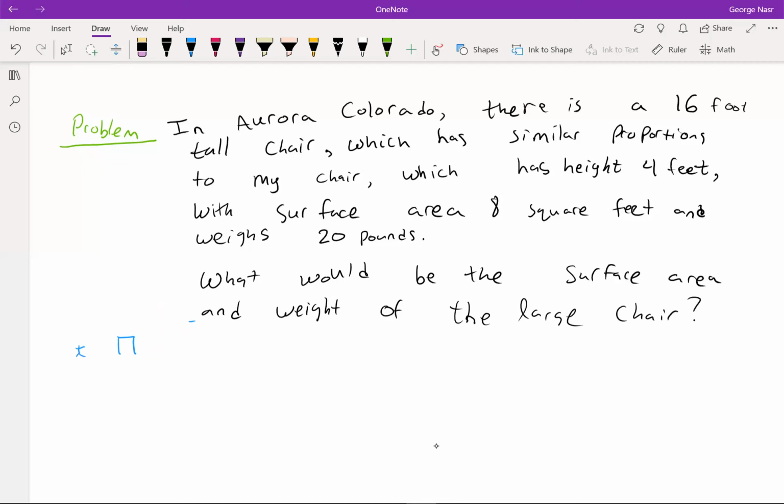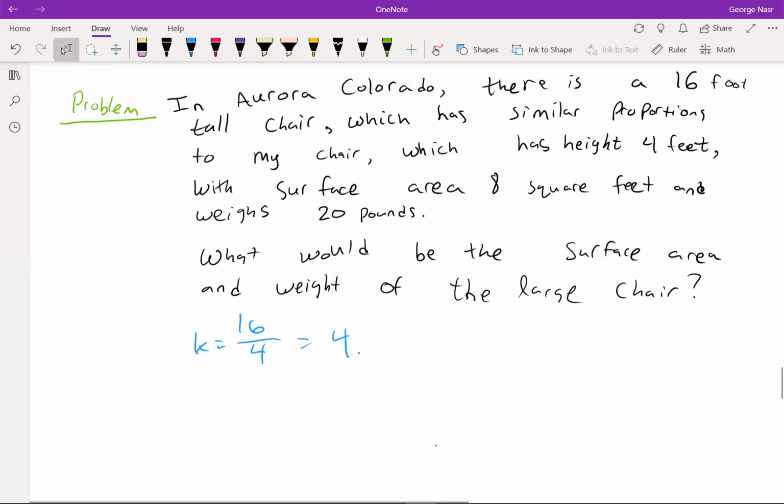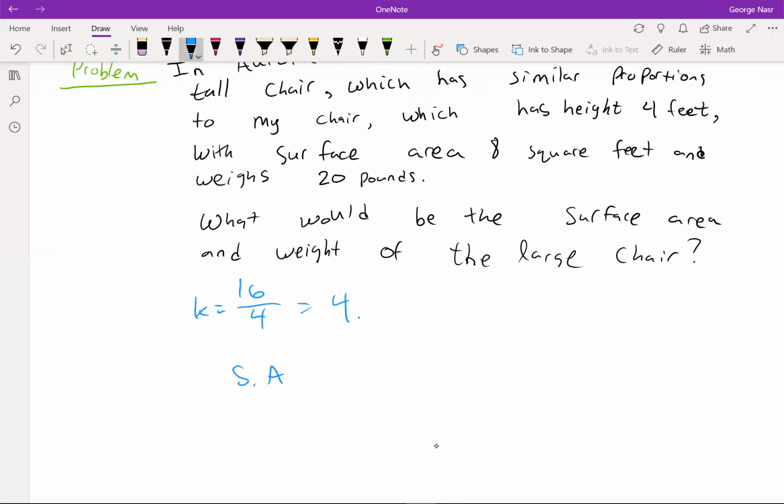Again, this kind of goes back to that prior example I did with the dinosaur. The nice thing is, if you want to find things like the weight, volume, and surface area for really big objects, that might be really impractical and hard to do. But if you can find a scaled version, it might be easier to find that information, and then you can use our conversions. So first, scale factor, right? What's the scale factor? Since the height of the big chair is 16 and the height of my chair is 4, the scale factor is 4. This means that the surface area for the big chair is going to be the surface area of the small chair times the scale factor squared,